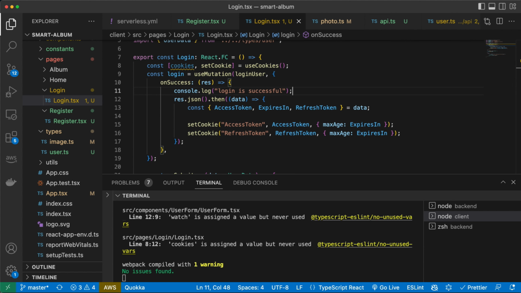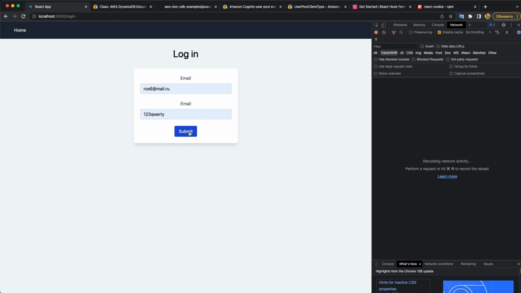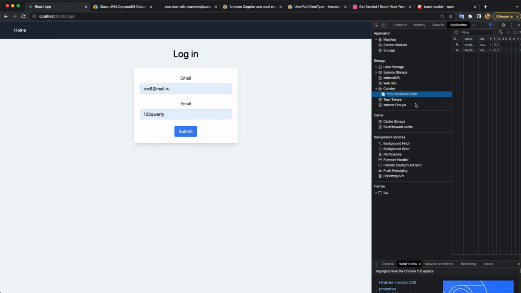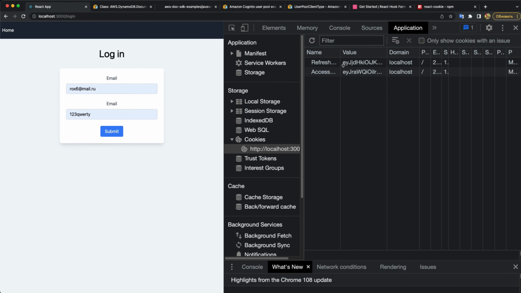And now if we log in to our application again, we can go in the DevTools to our application, to our cookies, and if we expand it a little bit, and I'll zoom in, so you can see we're getting here two values, refresh token and access token, that are saved to our cookies and will expire at some point. So we can use them for our private requests, and we're gonna do it in the next